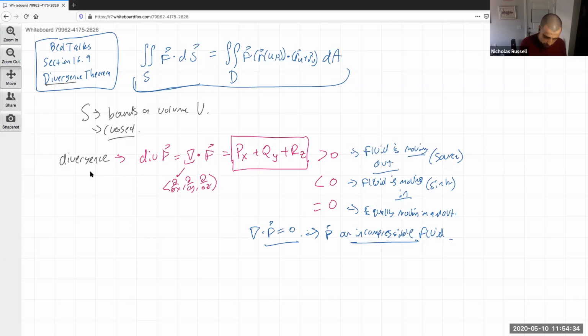When we're thinking about how to calculate the amount of fluid that is moving in and out, maybe we can convert this instead to something with the divergence of F. And this is where it actually comes out to. The divergence theorem says the following. We can calculate this. What's great about the divergence theorem is that there aren't that many conditions that